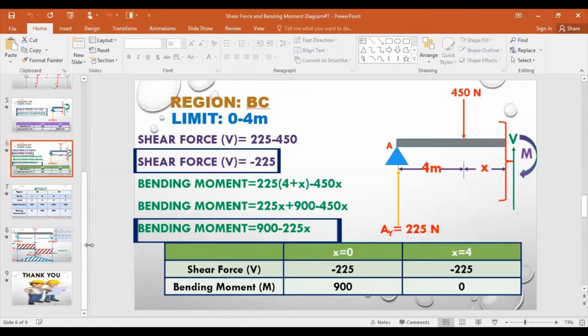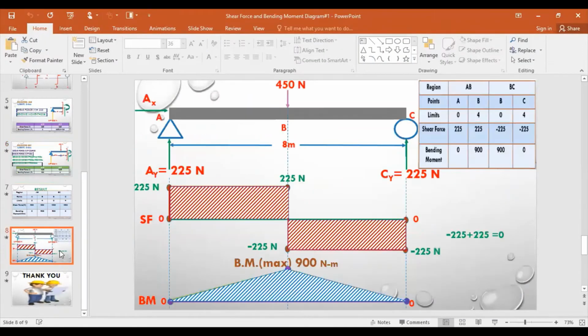Now here is the screen. Look, at 0 it is 0, and then at 0 you will get 225. Then this point will come over here. Then at 1 you get again 225, at 2 you get 225, at 3 225, and at 4 meters you got again 225.